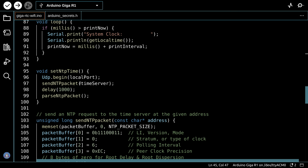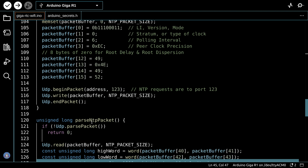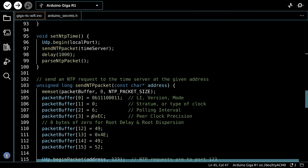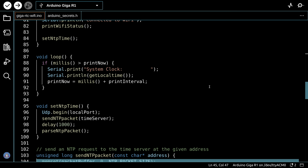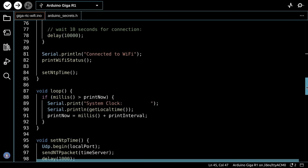Set NTP time is a function down here that opens up the port and itself calls two different functions, send NTP packet and parse NTP packet, and these functions are defined below, and basically what they do is send NTP packet, sends the packet out in the correct format to the time server, it waits a second, and then parses the one that's back so that it's a printable thing. And so in the loop we basically do the same thing as we did before. We just wait a second and we continually print the system clock, which has now been updated through the NTP time server. So let's load this up to our Arduino Giga and take a look at it in action on